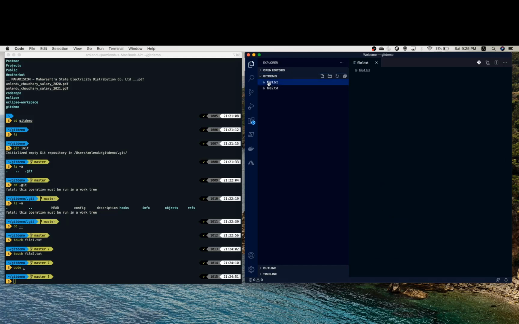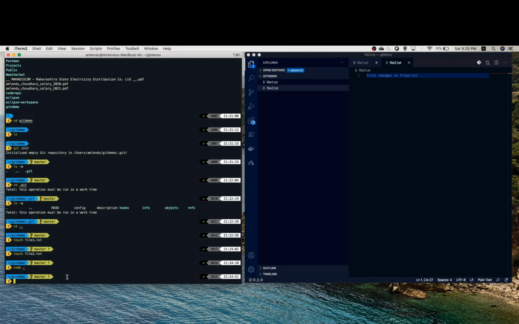Now these two files are blank, so let us write something. I will say first change in file1.txt, and in file2, first change in file2.txt. I will save both of these files.